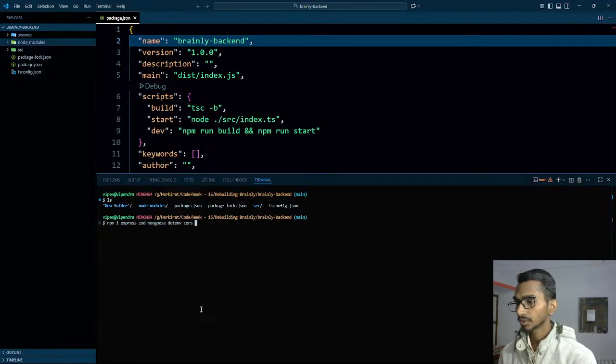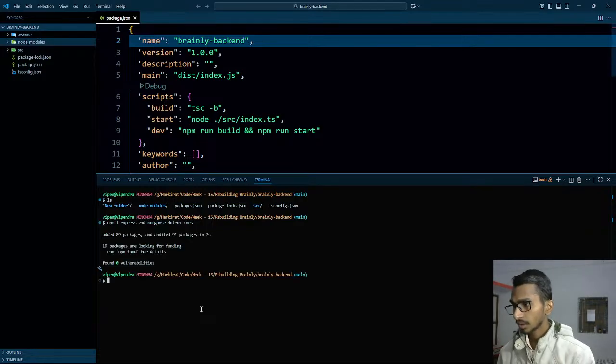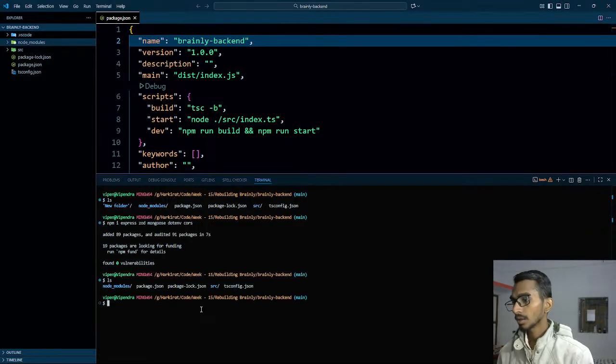Once the cors section is done, okay, let it be this much only for now. If in future we need something, we'll simply be installing that. Why do we need to just think of everything in advance? ls, okay, and then npm run dev. I hope this folder will be created.